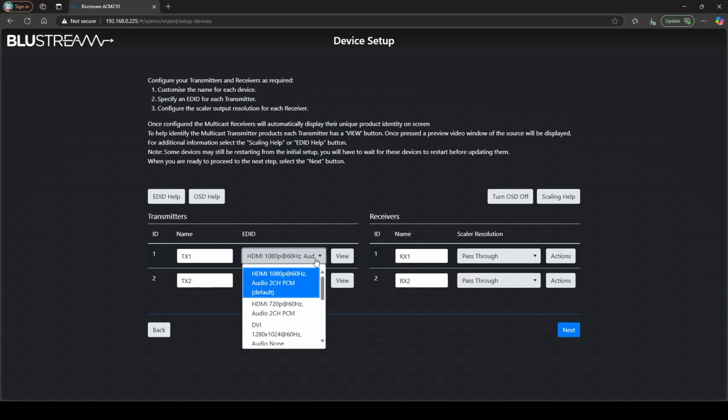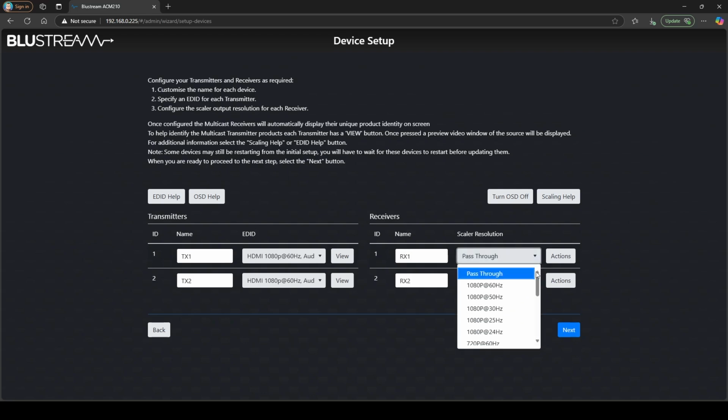You can use the EDID dropdown to select a particular EDID to force the source to output something in particular. Additionally, from here, you can use the option on the scaler side to set the output resolution, engaging that scaler to set it to 1080p in this case, or something lower if you desire. Remember, this scaler is built in to every IP50 receiver. Similarly, on other platforms, you'll see other options as well for 4K 60, 4K 30, etc. And that, honestly, is pretty much it.